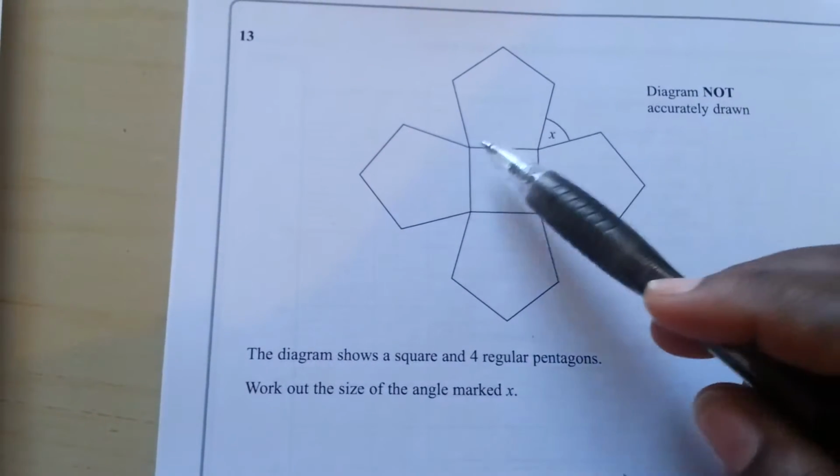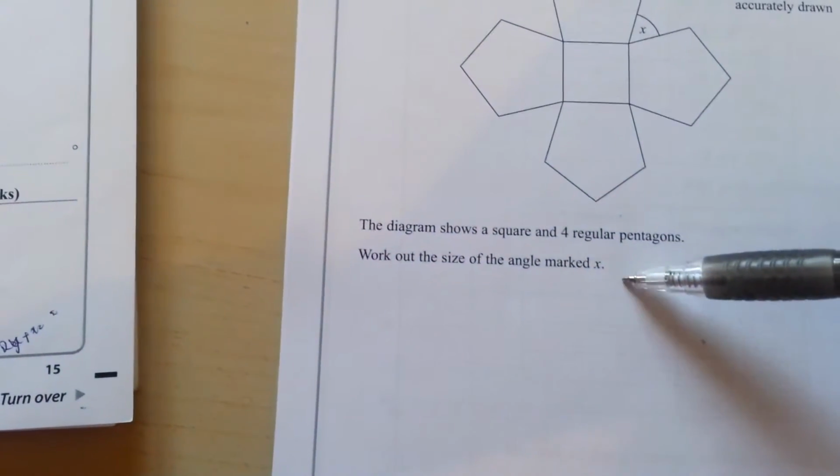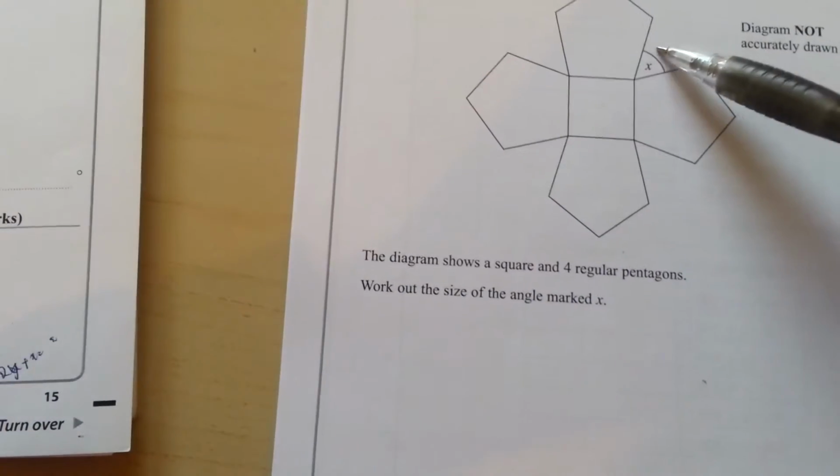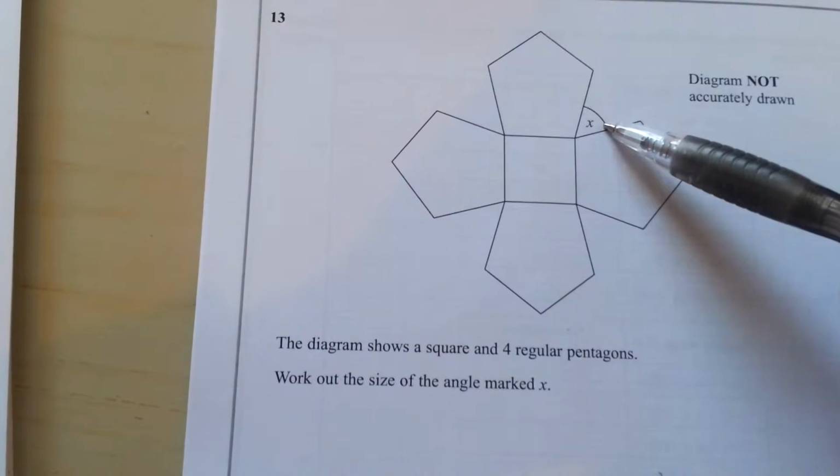So you have 1, 2, 3, 4, 5. So the 5 sides are equal for each of them. Okay, now we're asked to work out the size of the angle marked X. This angle now marked X. Now first of all,